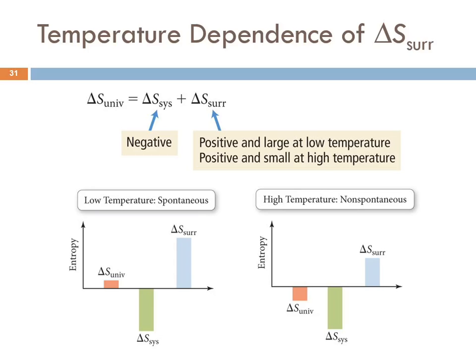A non-spontaneous process is not impossible, but it's going to require you to put energy into it, like maybe passing electric current through water. Water decomposing into hydrogen and oxygen is not spontaneous. But if you pass electric current through it, then it becomes spontaneous. So you can put energy into it, or you can couple it with another reaction or equation that is spontaneous, so that that one has a larger positive change in entropy than the negative one that you're looking at.